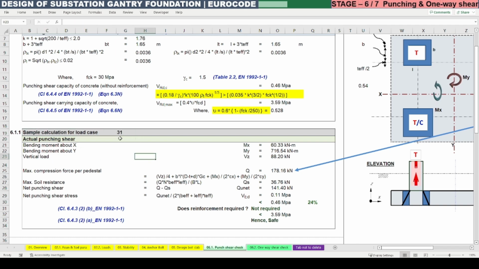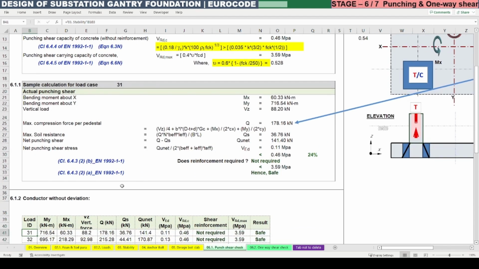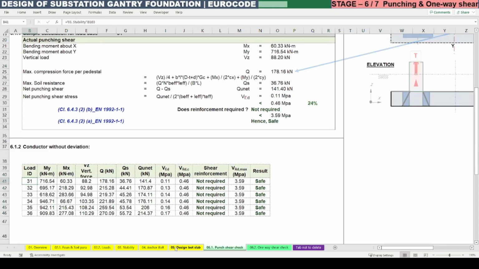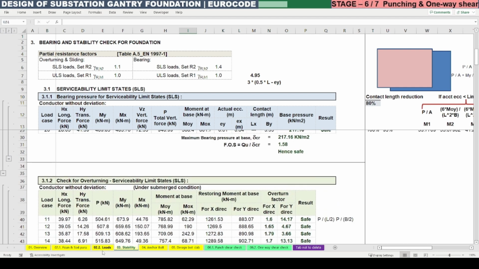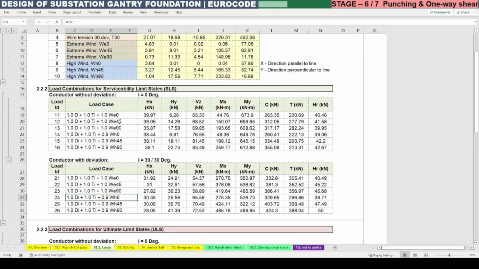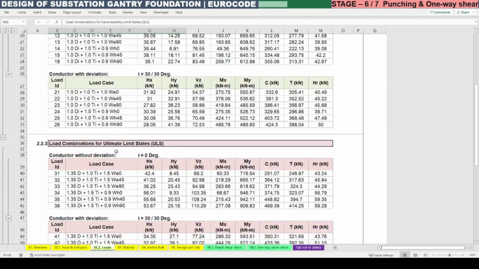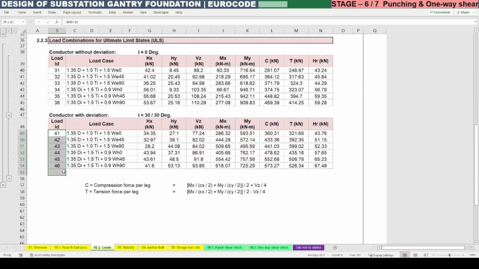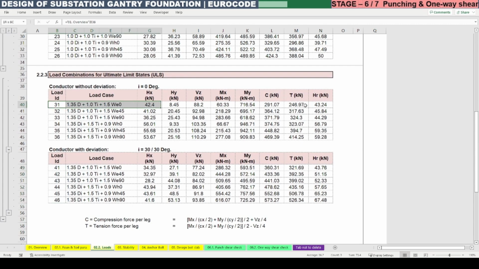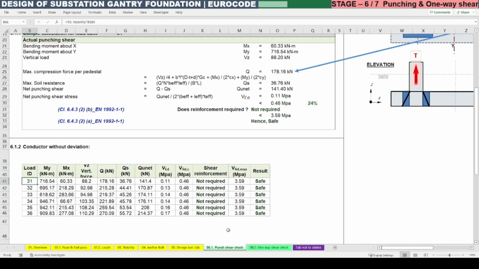We can consider the load case as 31. So load case 31 is nothing but in load combinations. We can see there are a lot of load combinations we have considered. So 11 to 16 and 21 to 26 are service load combinations, but we need to consider only the ultimate limit state combinations, that is 31 to 46. So first for the sample calculation we will consider the 31 load case here in the punching